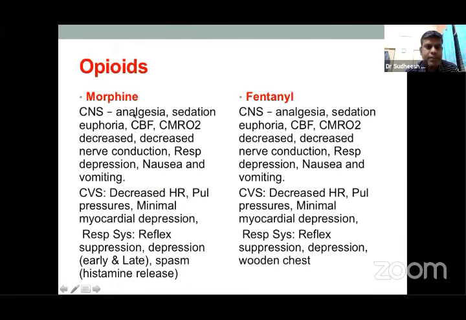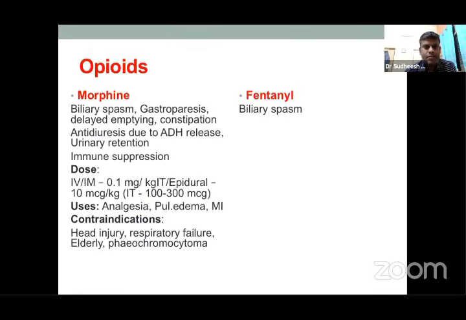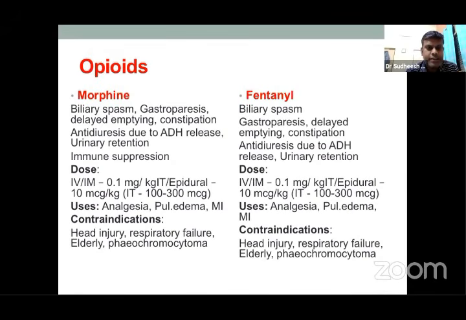That is one important thing. And morphine is known to cause histamine release, and it has its own effects. Histamine release can cause vasodilatation and tachycardia, and bronchospasm. Both the drugs can cause biliary spasm, gastroparesis, etc. They are also known to cause urinary retention, and both drugs are known to have immunosuppression,